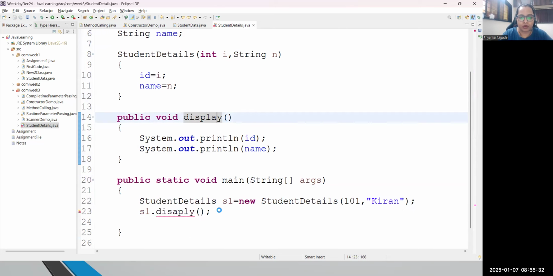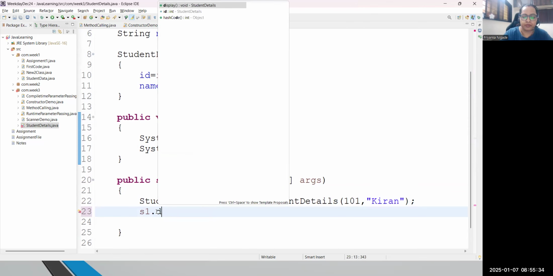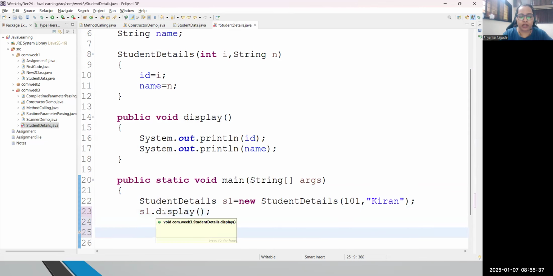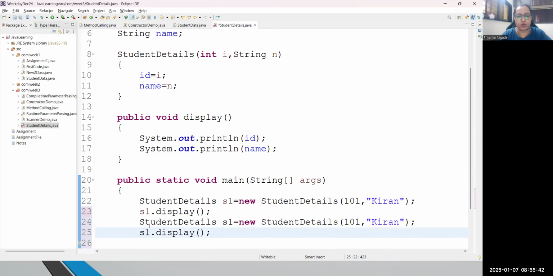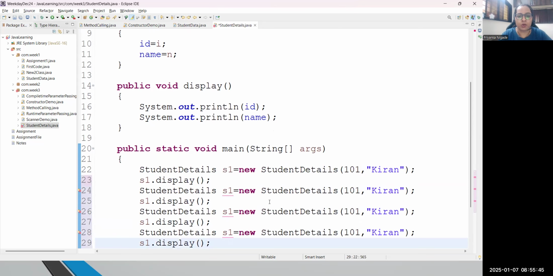Now let me call this method properly. Display. Done. Then I can create one more student next. See how quickly we are able to design the code now with the help of a constructor. The number of students you want to create, you can. Currently, I'm creating 4 students. And here I'm directly sending the data. So 102, let me write Amit. 103, I'm writing Rina. 104, I'm writing